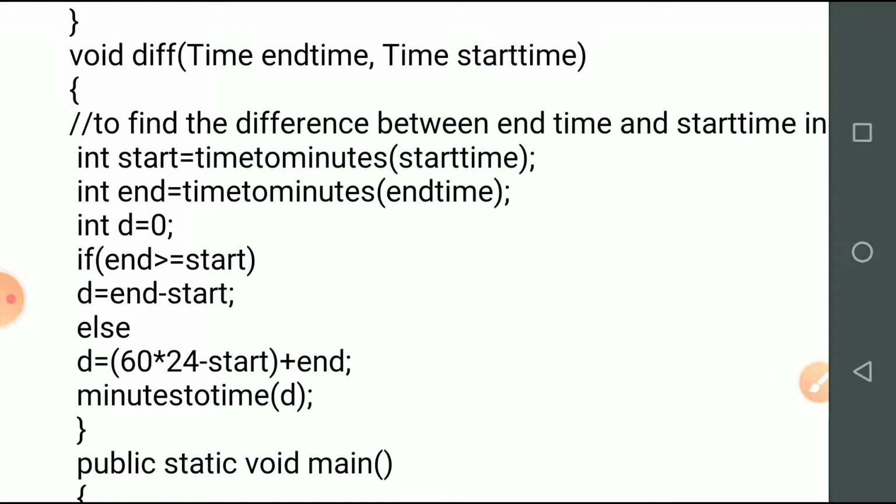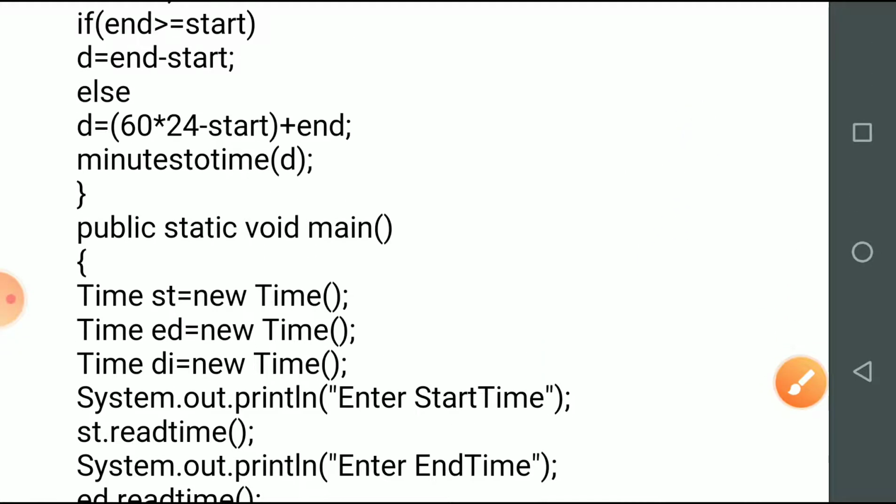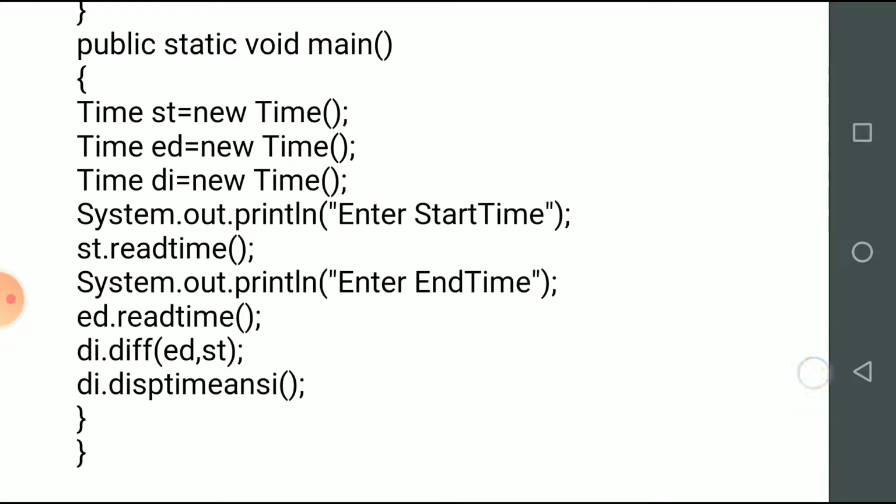So in the main function, let's see, we will create three objects: st for start time, ed for end time, di for the difference time. So we'll call read time function for starting time by making it st.read time. So this read time function will work for the object st, and then ed.read time for end time.